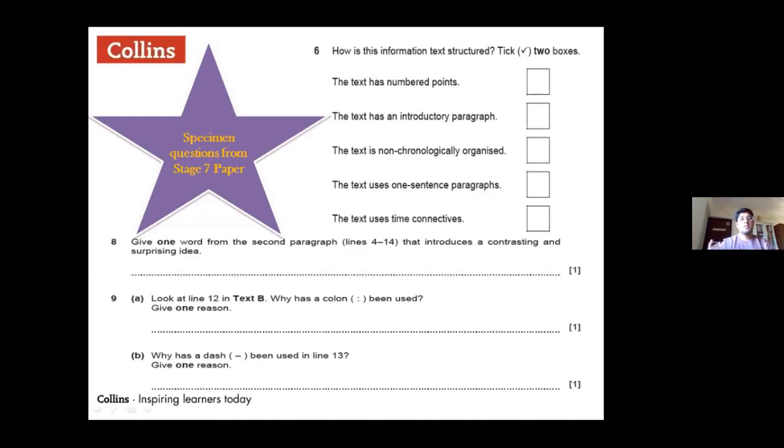Is it to suggest a list of things, or to add some extra information, or to show a progression of thoughts? So what is the purpose of using a colon in that particular line? They've been very specific. The next question is, why has a dash been used in line number 13? Now a dash is a punctuation mark that could be used for multiple purposes. There could be multiple objectives for using a dash. So why has a dash been used specifically in line number 13? They need to have clear understanding. So comprehension is again something which is very important.